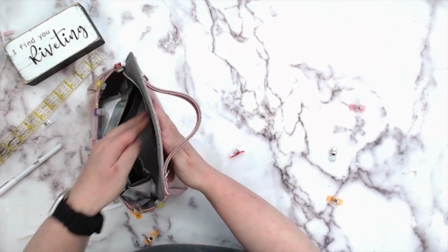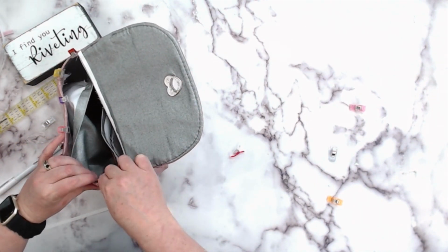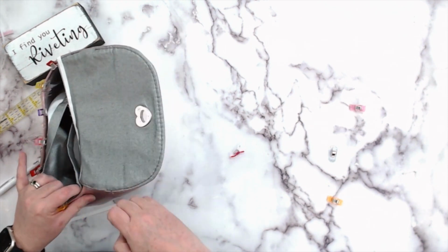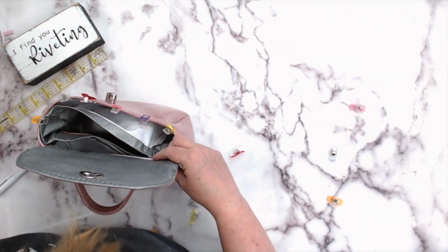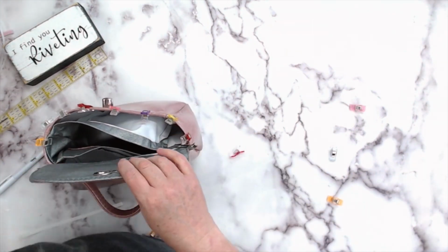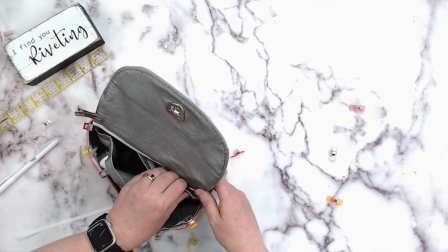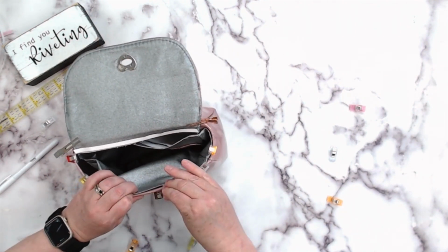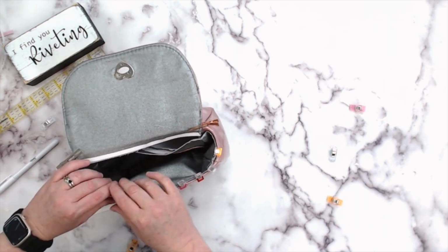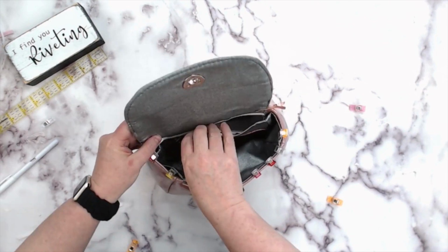And then we're going to start matching up our folded end edges. So I'm going to start at my side seams, match up those seams, add it into the clips. The hardest part is around where the flap is, because you're going to have to use your sense of touch quite a bit there. Again, I'm using some hair clips just to help hold my flap a little more stable. I have some double-sided tape along the raw edge of my lining side of my flap as well, and that's going to help hold that lining in place,